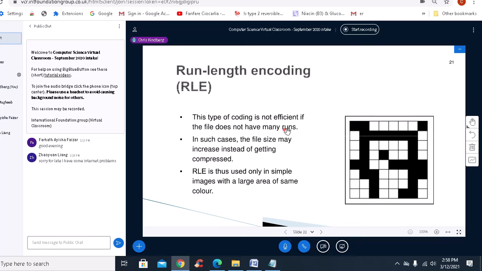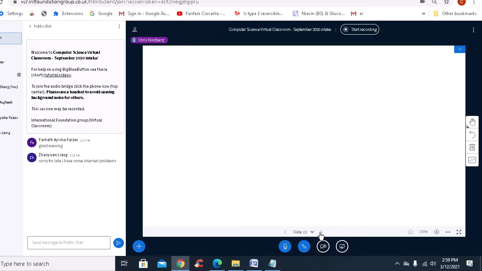And RLE is thus used only in simple images with a large area of similar colour. Well, I'm going to leave this out. I've introduced you to the idea of the actual encoding, and I'm not here to critically assess each way of